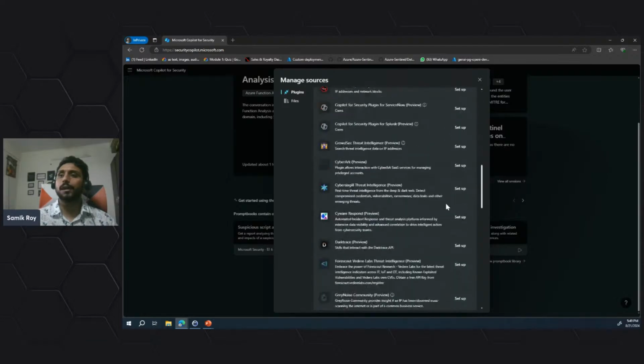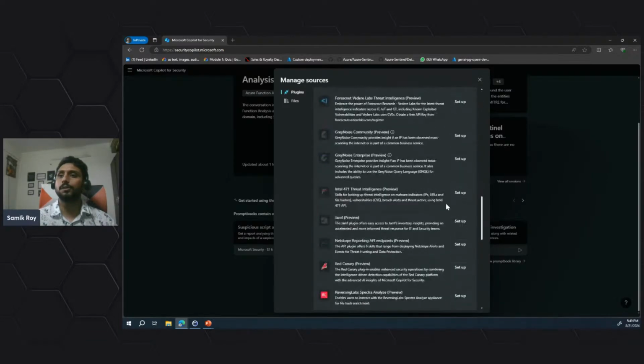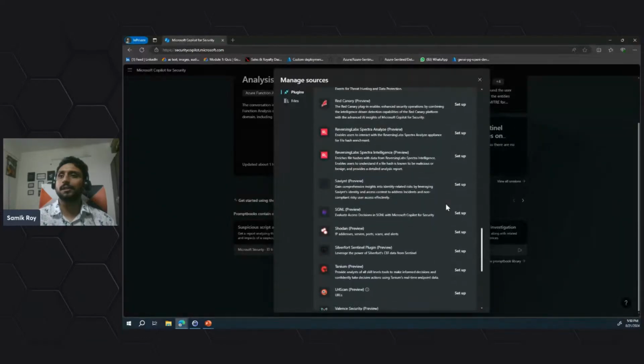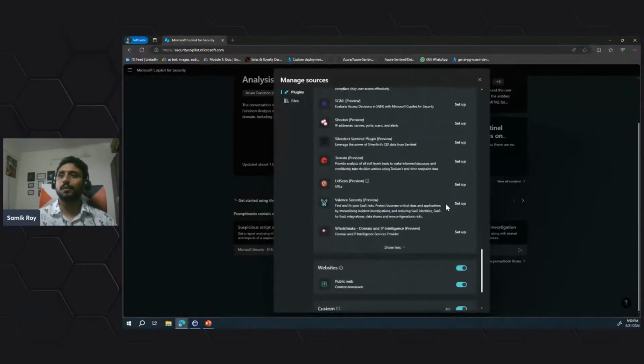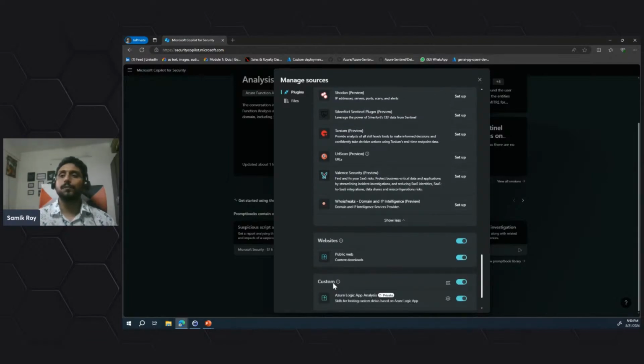That's how you can look at it, and obviously, to add to this, if I keep scrolling down, as you can see the number of plugins available, there is a quick little thing. It can also go to public website if you want it to be, but if you don't want, you can just go over there. Now, there is one custom wherein you can write your own plugin, wherein let me just